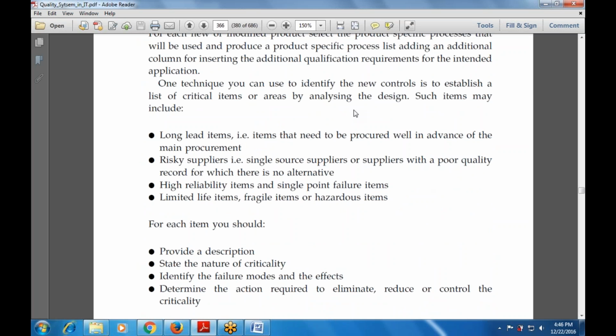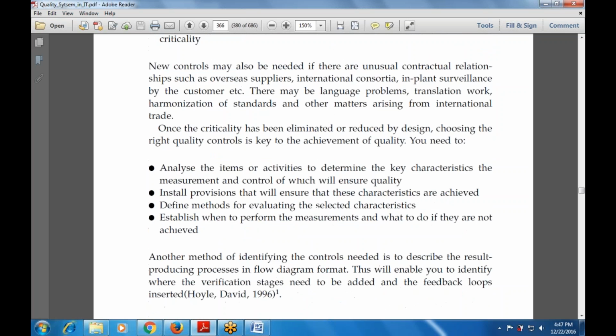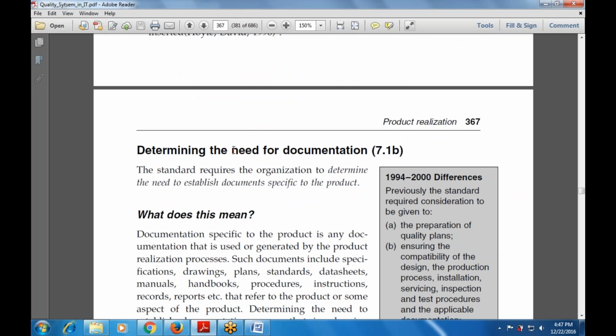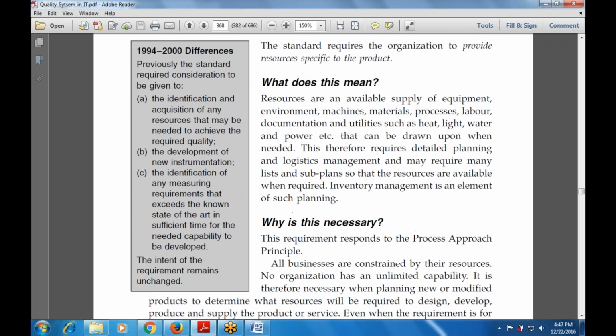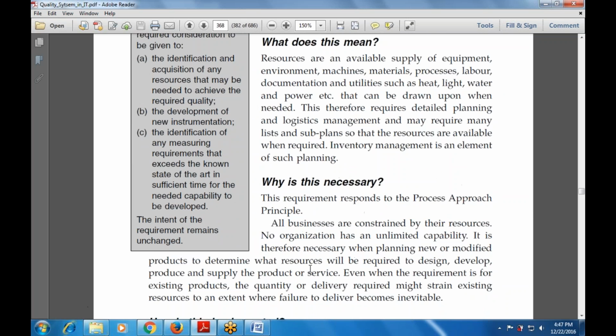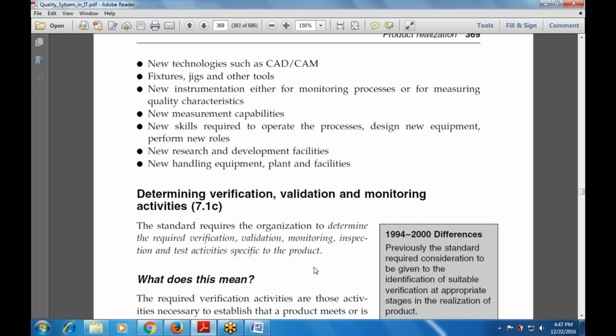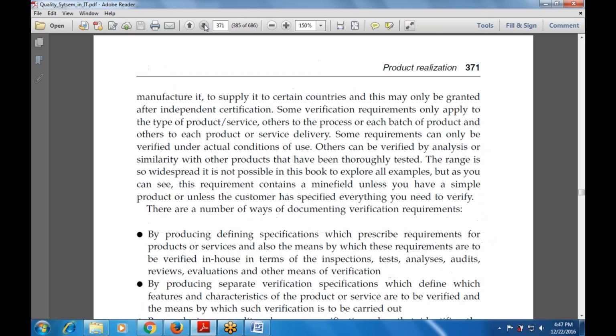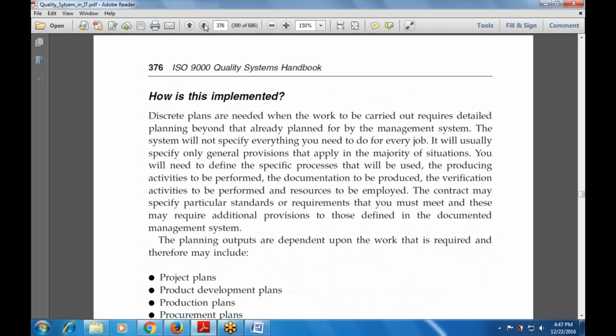And once the technique is good, it is used to identify the new controls, that is, to establish a list of the critical items or areas by analyzing the design. Such items may include the long lead items, risky suppliers, high reliability items, and limited lifetimes. Then determining the need for documentation, that requires the need to establish the documents specific to a product. Determining the need for the resources, that includes whatever is specific to the organization. And determining the validation, verification, and monitoring activity that we have done. And process records, how it is